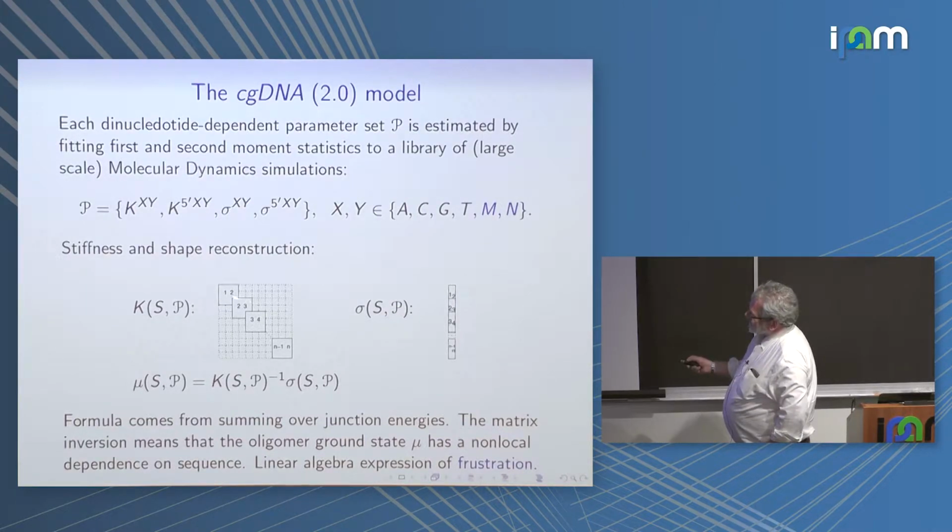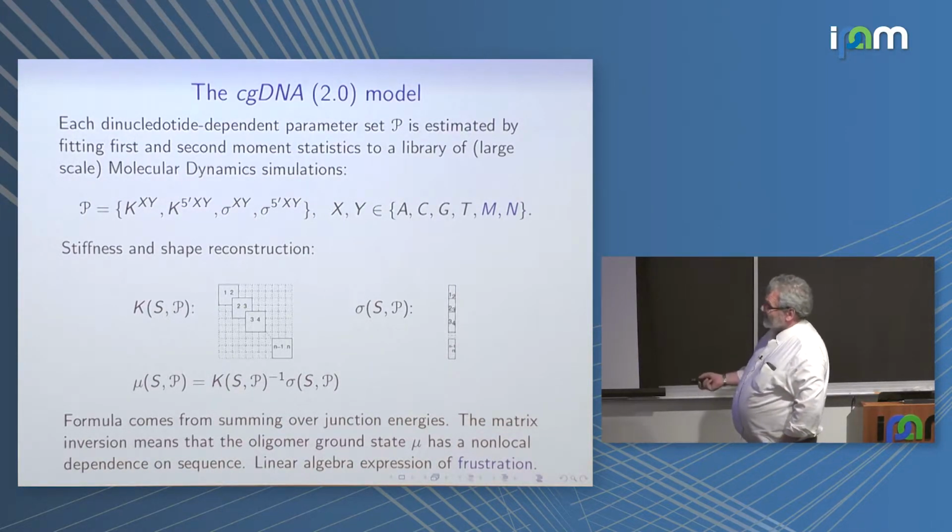So the intra here participates both in the 1,2 junction and in the 2,3 junction, right? So that's why they're overlapping. And then the formula now is that the ground state is the inverse of the effective K times the average of the vector, and the vector also overlaps because the intras participate in both junctions.